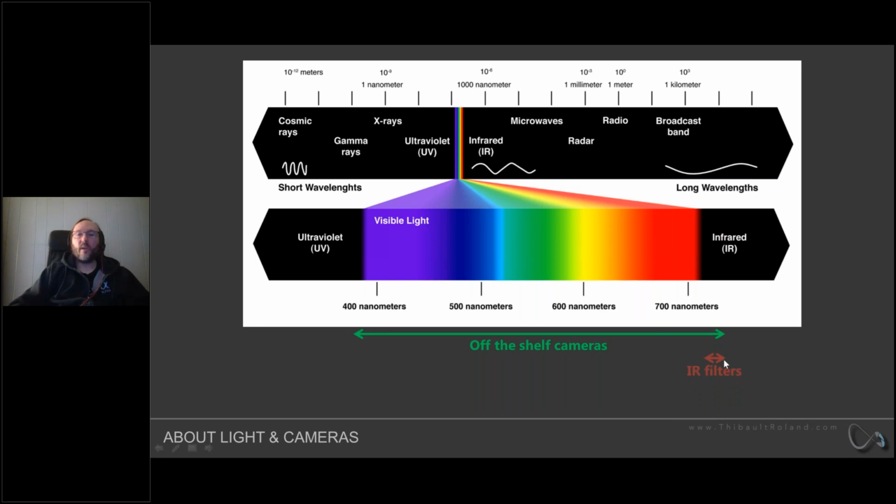IR filters, because you're going to be blocking out all this part of the light, will only be sensitive to this really small amount of light. Because it's only sensitive to this small amount of light, it means that you will have to be exposing your images for a very long period of time until you have a properly exposed image, which means that if you're using a filter to do infrared photography, you will have to be shooting in long exposure, which ties back to the first